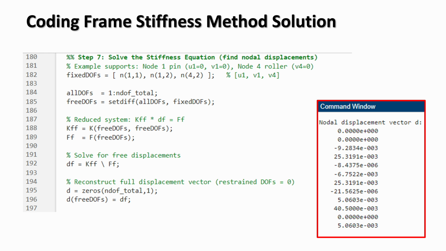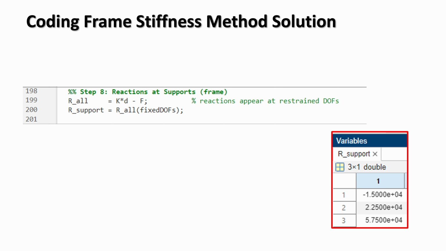At this point, we have the complete displacement solution for every node in the structure. With the nodal displacements known, we can now calculate the support reactions. Using the full stiffness equation R equals Kd minus F, the program computes the reaction forces and moments at all degrees of freedom. These appear only at the restrained degrees of freedom which correspond to the supports, which we can then extract into R support, giving the complete set of support reactions for the frame, as we can see on